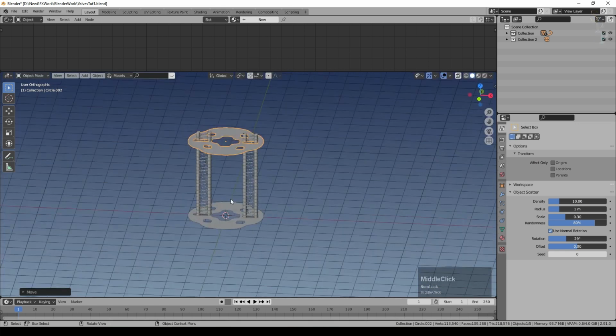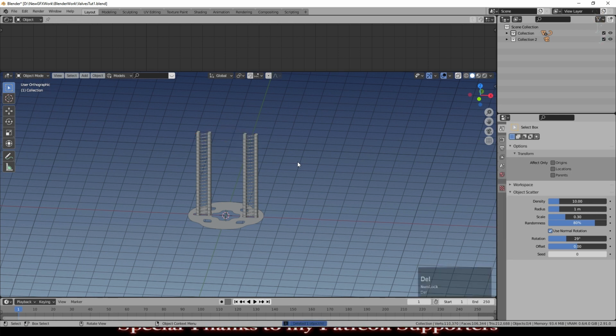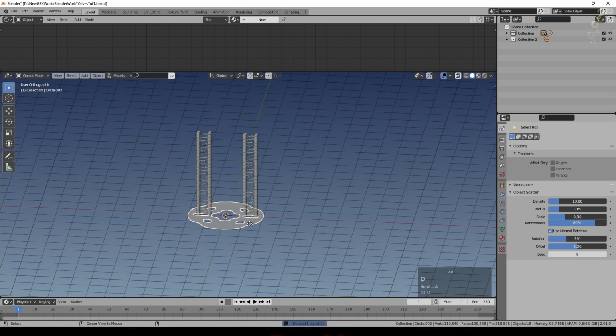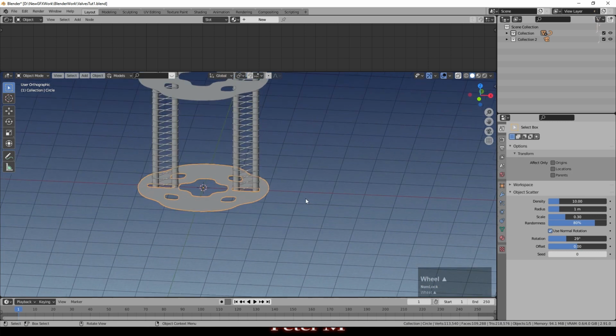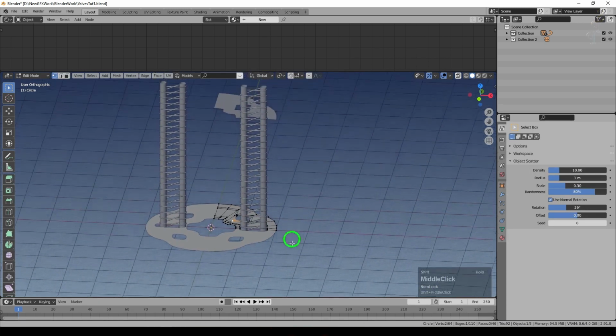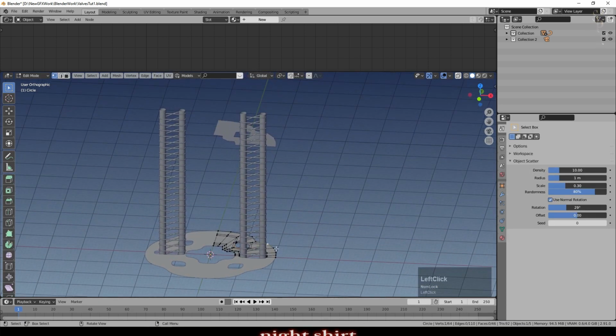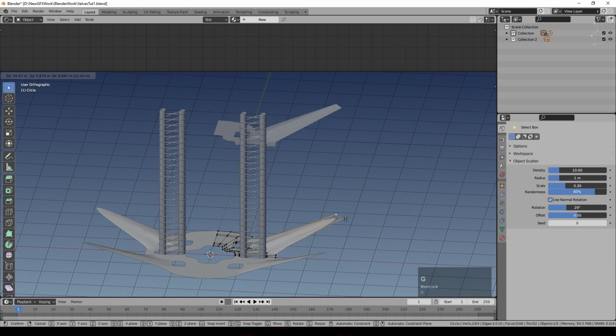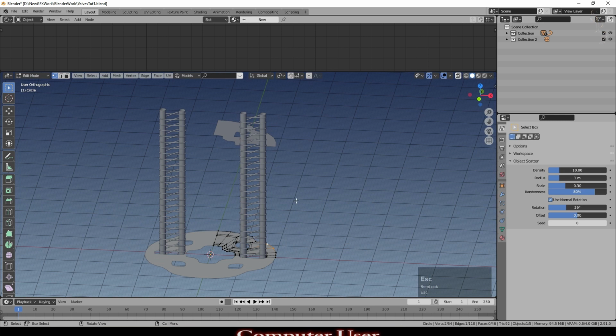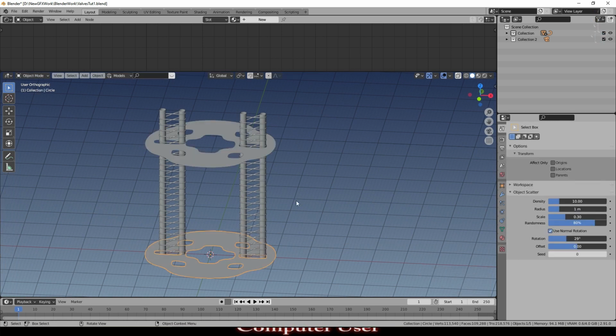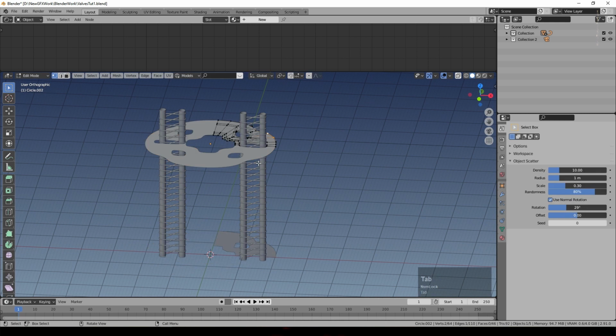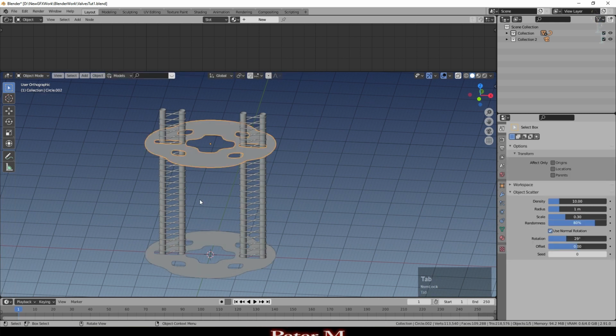If you want to be able to make modifications in one of these and have it reflected into the other, you can do Alt D. So I'll show you what I mean by that. If I do Alt D, G Z, and then select one of them, it doesn't really matter which one. You notice it looks a bit odd up there at the moment. You'll notice this is now affecting the other as well. It is a permanent replica and it doesn't really matter which one you select. They will each replicate each other.